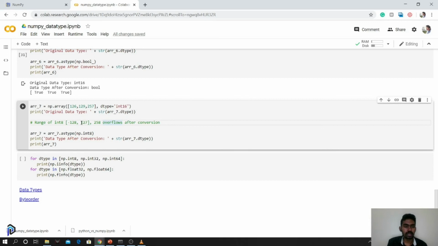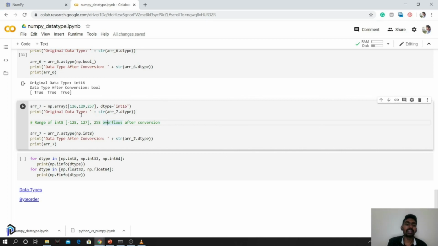Let's see what happens. 126 is within this range, so it should be the same. 129 is out of range. Till 127 it's similar, but 128 becomes minus 128.